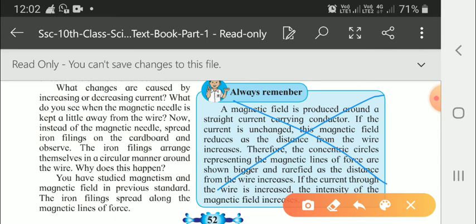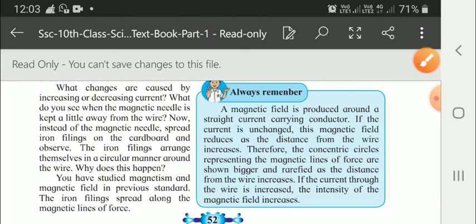Okay, now we can see that a magnet has a magnetic field. Already we have studied this in our previous standard also, that means 9th standard. And here we'll see the iron filings are just spread as magnetic lines of force. Now children, we'll see